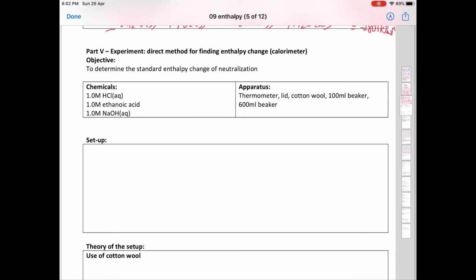No matter which standard enthalpy change we are talking about, we need two pieces of information. The first one is that you can consider the delta H as the molar energy. What is meant by molar energy is that per mole of a substance formed, or per mole of a substance we add, how much energy will be changed in the system. So we have to measure two things. The first one is the energy change of the system,